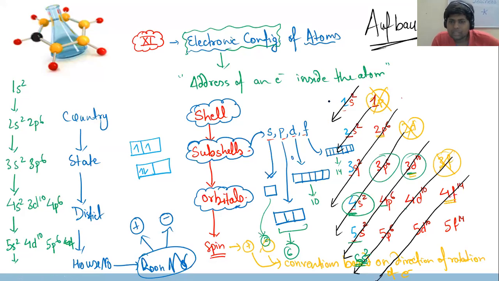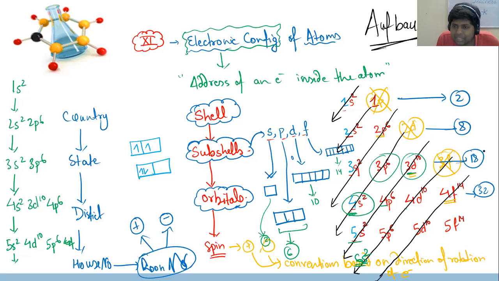So this is the first shell. The first shell can accommodate how many electrons? 2 electrons. The second shell can accommodate 6 plus 2, that is 8 electrons. The third shell can accommodate 10 plus 6 plus 2, that is 18. The fourth shell can accommodate 14 plus 10 plus 6 plus 2, that is 32. Is it clear? Although the third shell can accommodate 18 electrons, first it is going to accommodate 8 only. Is it visible to everyone?